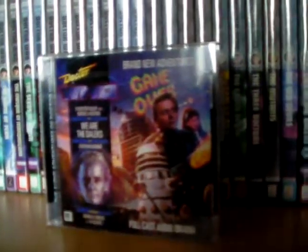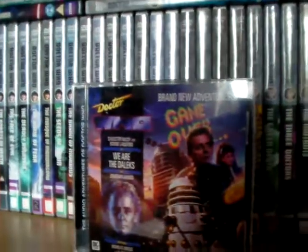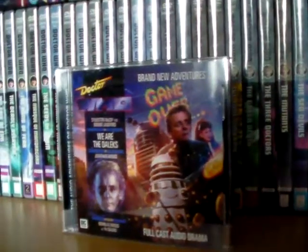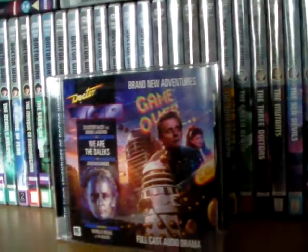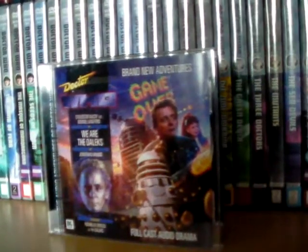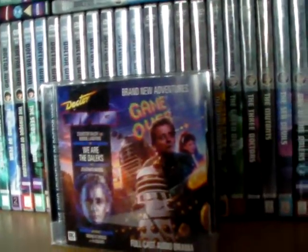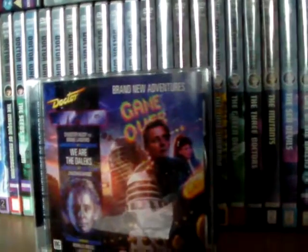It's got the Daleks, which I adore. I love the Daleks. I kind of like the Daleks more than the Cybermen, although I do agree with people that with the Cybermen there are probably more stories you can do than with the Daleks, but then again the Daleks have been used more, so it kind of makes sense that people would feel like we are running